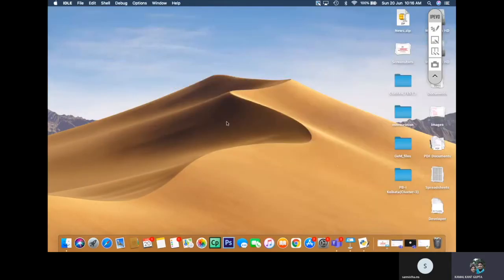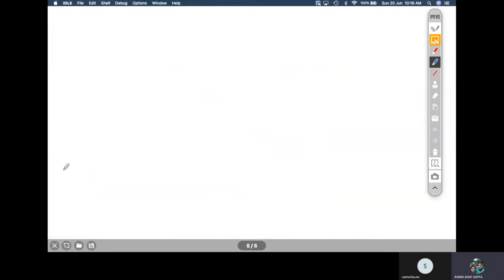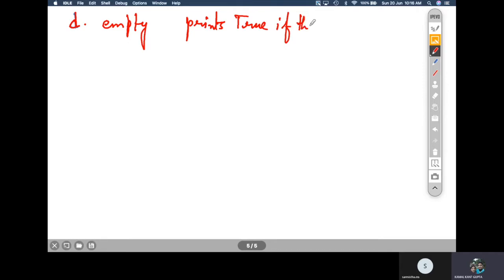Now let us go for the next important attribute. The next important attribute of the series is empty. Now what is the purpose of this? It prints True if the series is empty, and False otherwise.